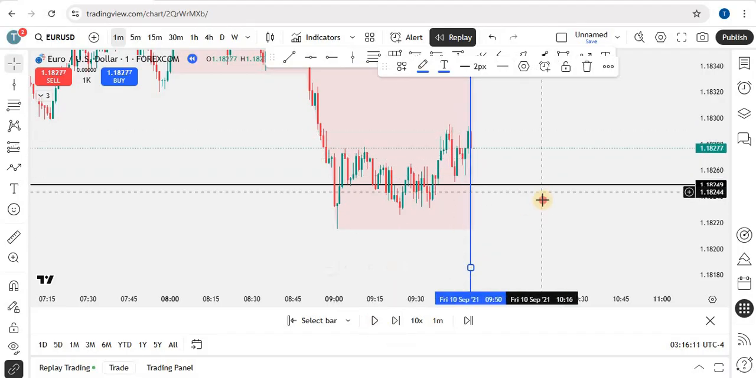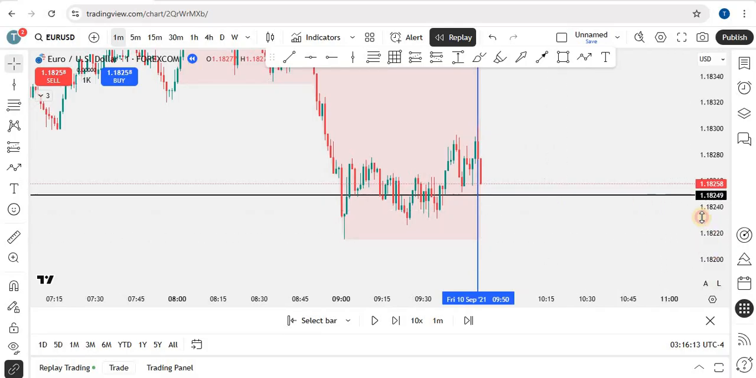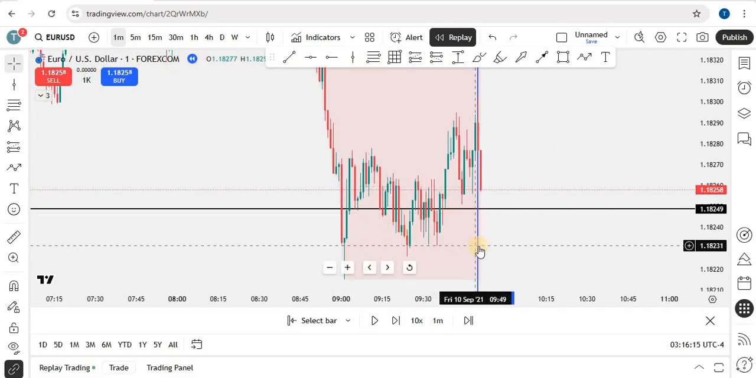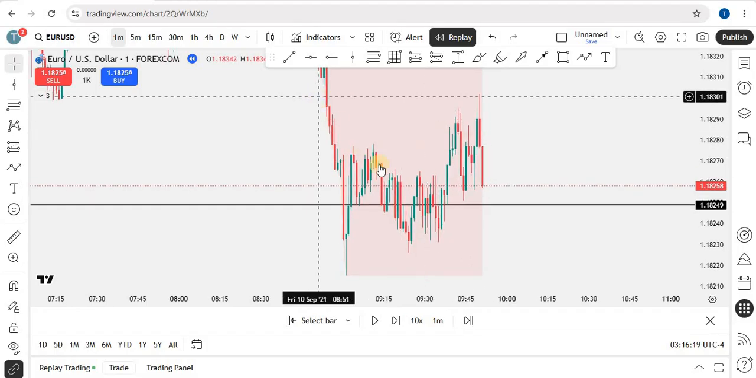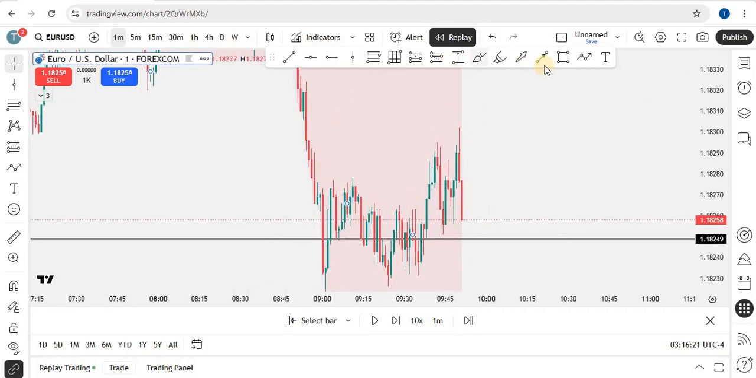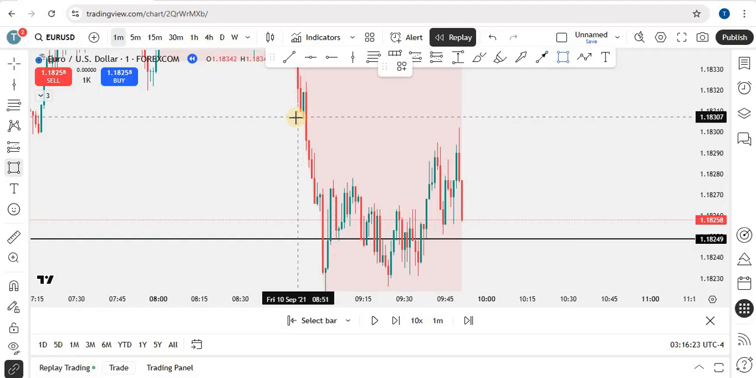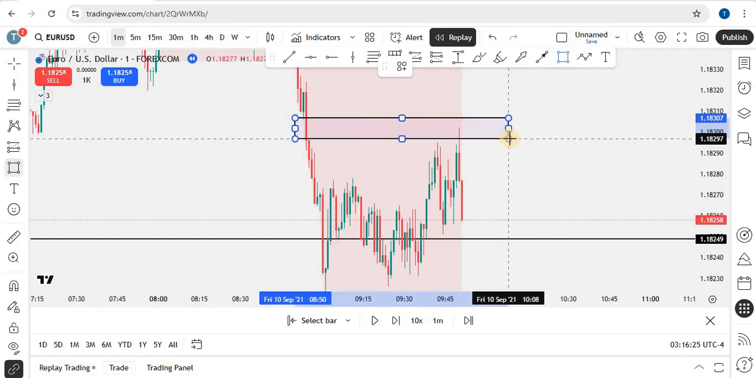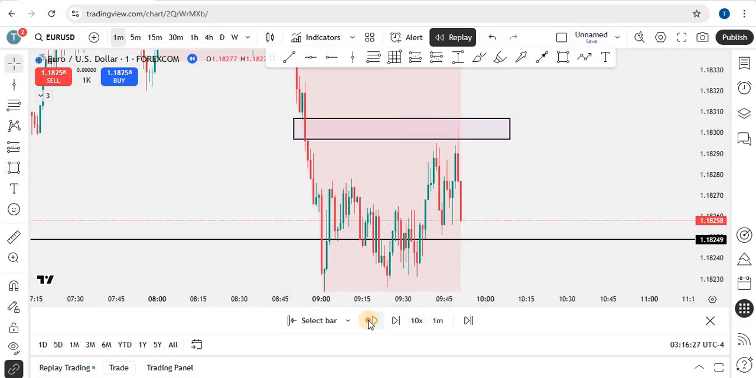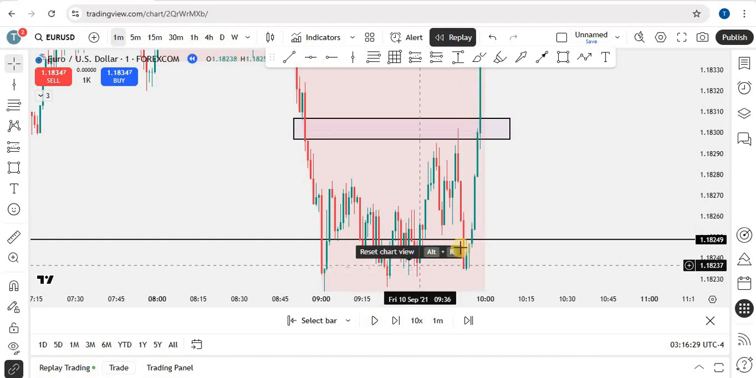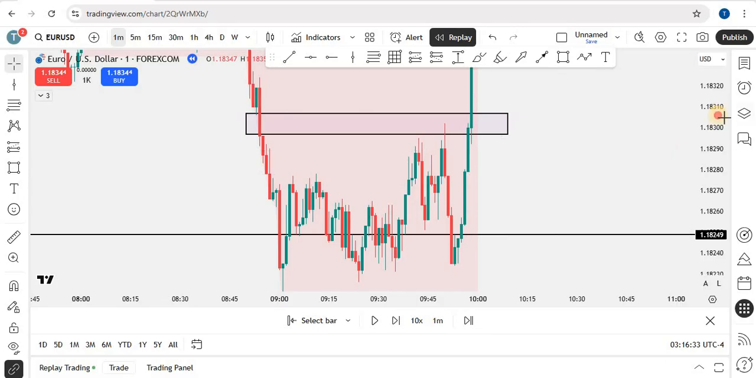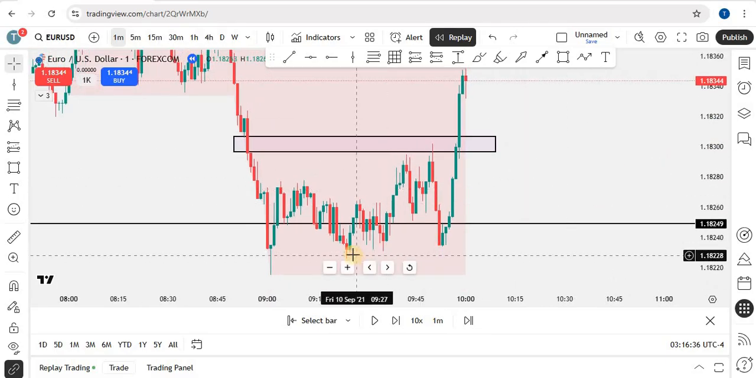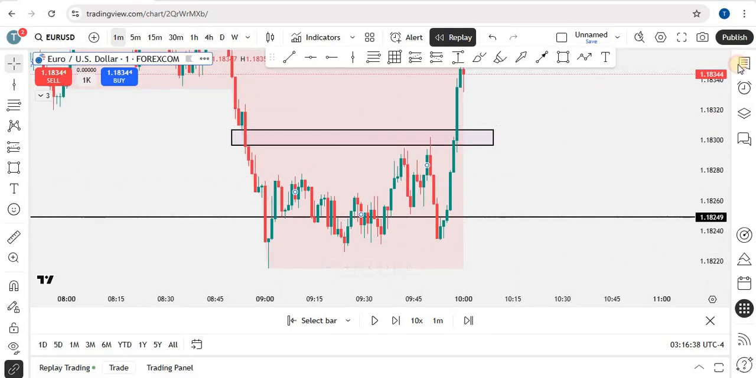See, I am not playing randomly. This is the fair value gap we got respected. Many confluences give you many things. You can directly buy from when it goes. See, that's the beauty. And if you go to